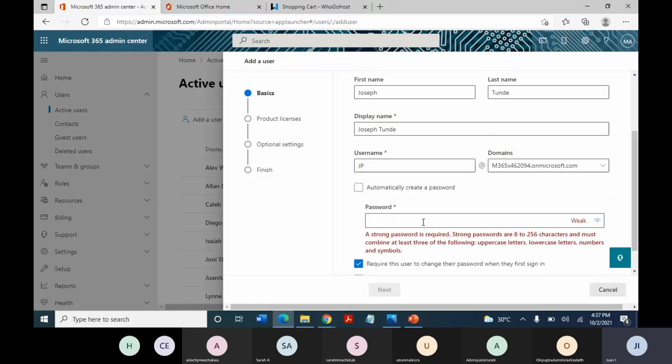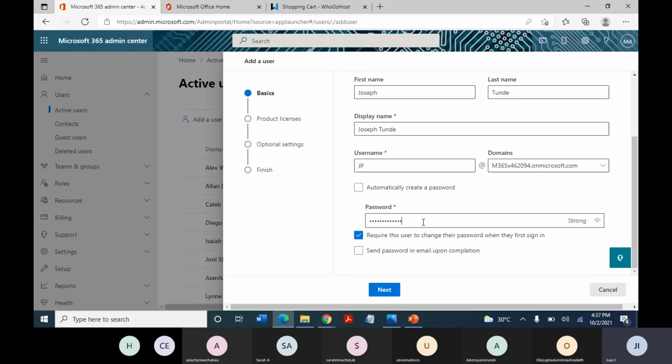So take for example, we just want to create the password and want the initial password to be Microsoft 2021. So I enter Microsoft 2021 and then I check this box that says require this user to change their password when they first sign in. So what this means is